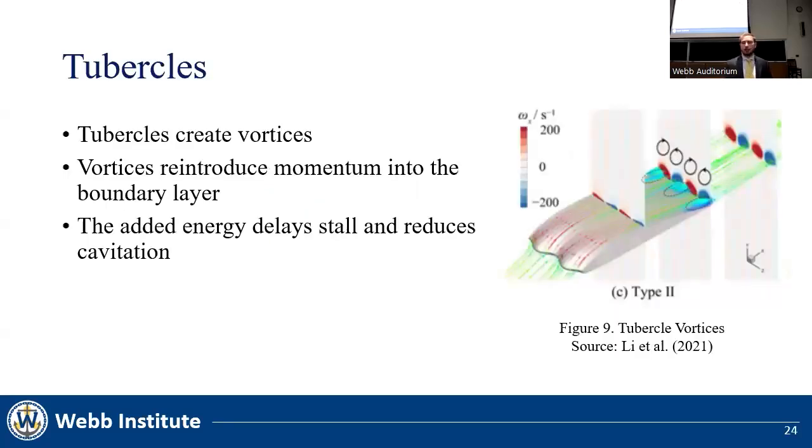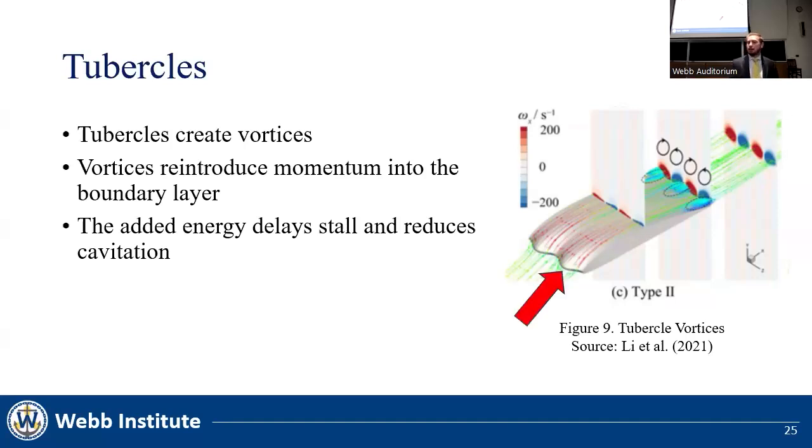There are ways to delay the occurrence of stall. The method of achieving this goal in this thesis was by implementing a tubercle-like design on the foil. Now, you may be wondering, what is this so-called tubercle? Well, it is a point on the rudder that juts out of the leading edge, as indicated by this red